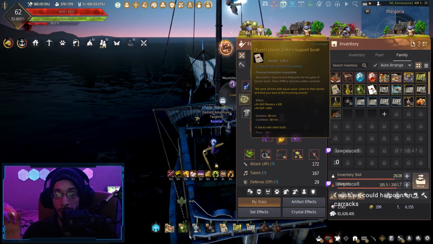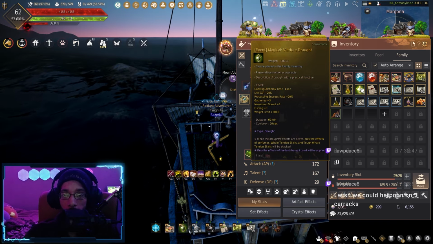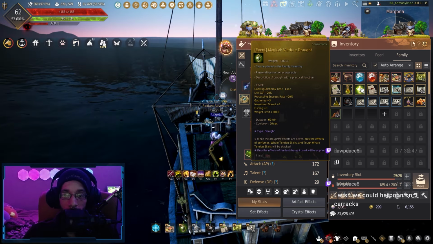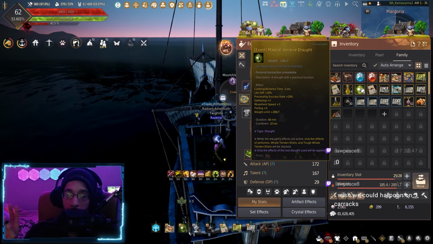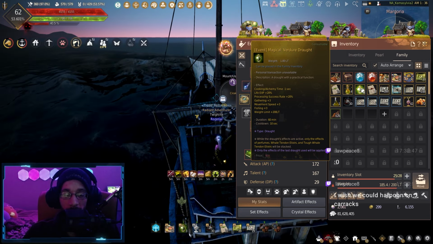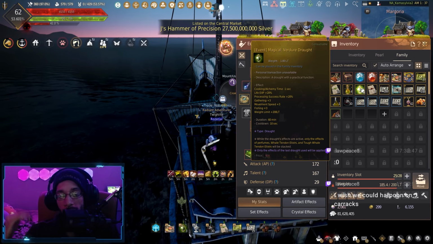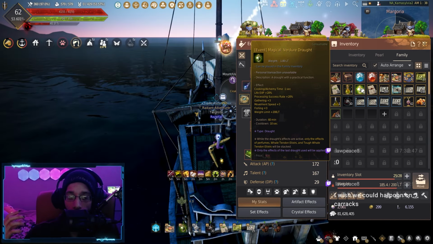They can be best used elsewhere. Next, we have our Vidir draft. Both the normal and the magical Vidir draft will increase our fishing +3, weight limit +200, and give us plus 20% life experience. But again, it's not worth using this unless you guys are trying to absolutely power level your